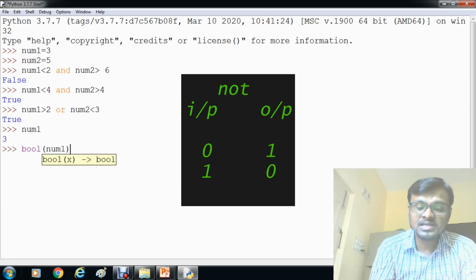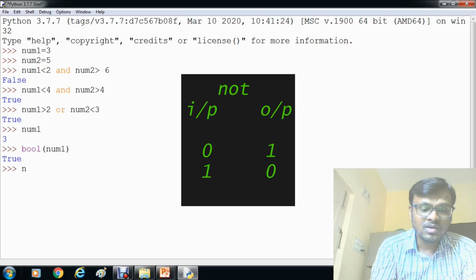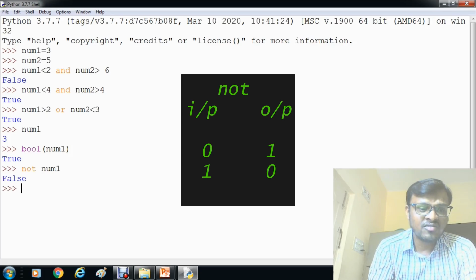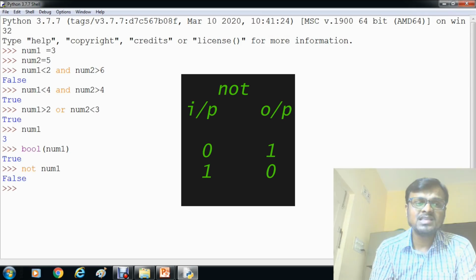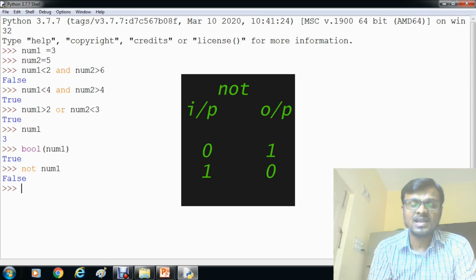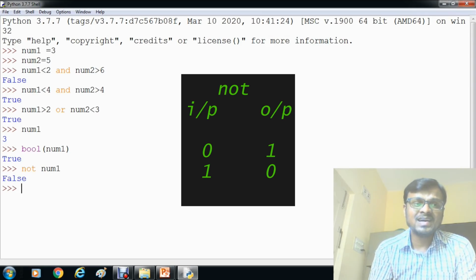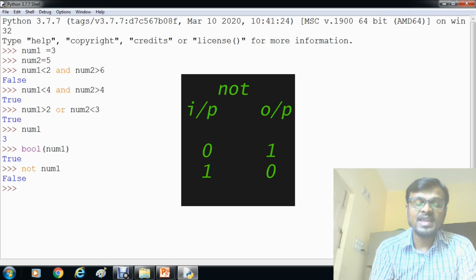We use the bool function to print whether it is true or false. Okay, it is true. Now let's change num1 to a NOT type. Okay, not num1, so it is giving false. Okay guys, like this we can use the NOT logical operator to change the state of the variable from true to false or false to true.